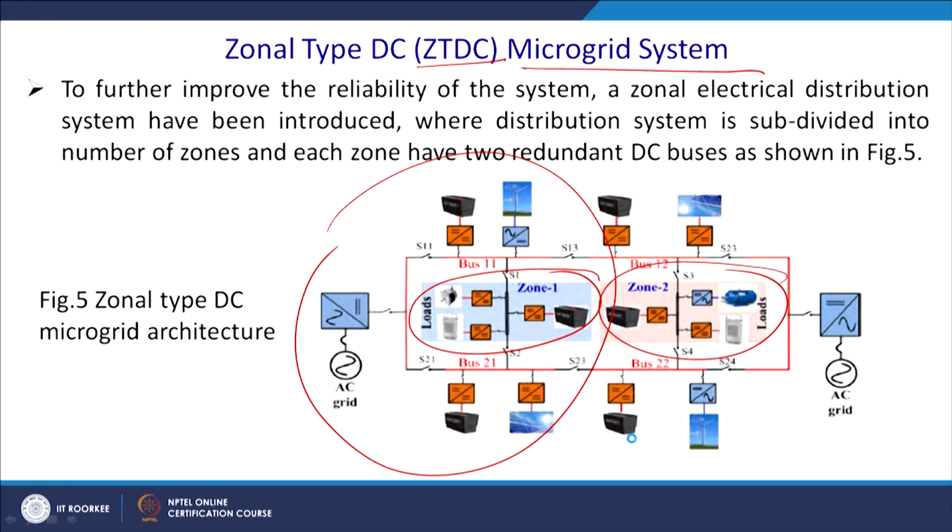So, please go back and check. So, you got DC and AC energy sources, that is solar, wind, and this bus and this bus, 1 and 2 are the redundant buses. You can feed from either of them. If a fault has occurred somewhere, you can simply isolate that part of the buses, but continue to feed the rest of the buses.